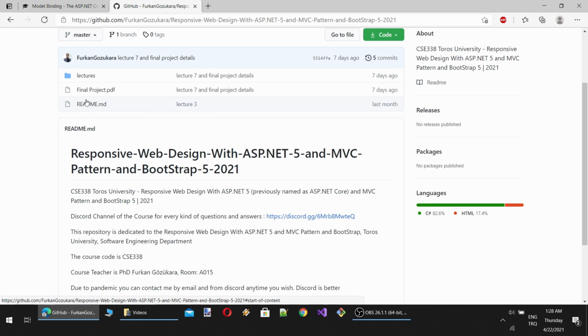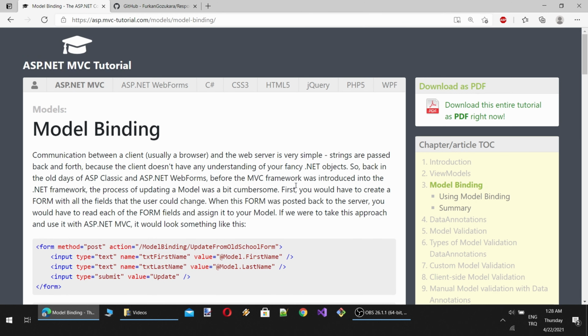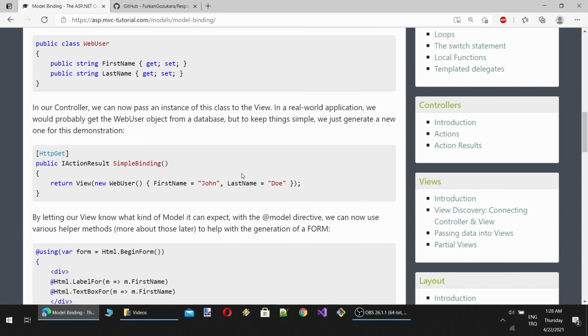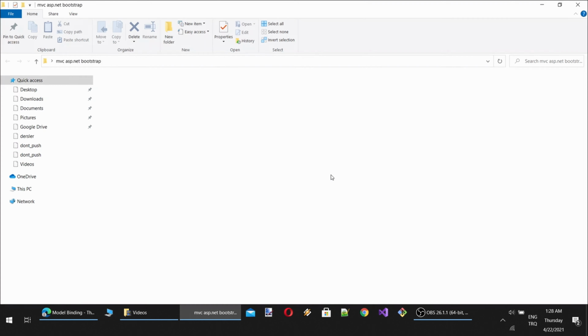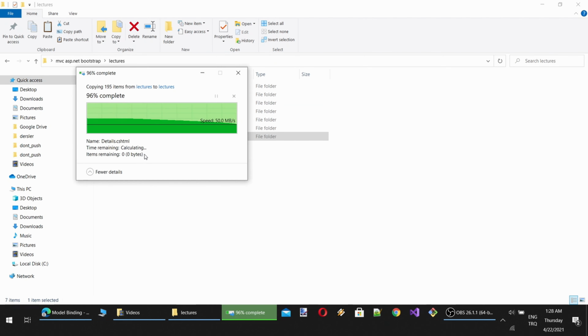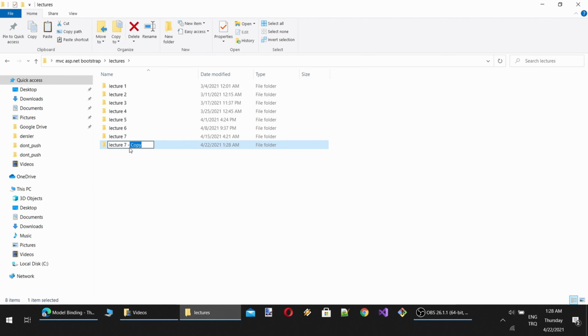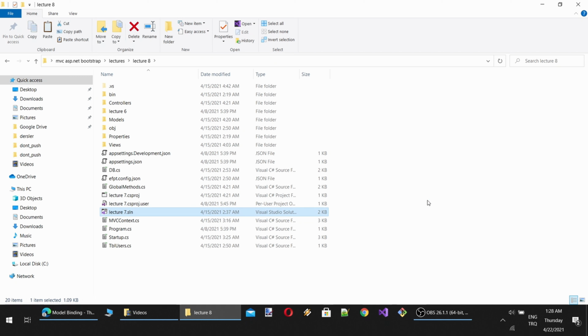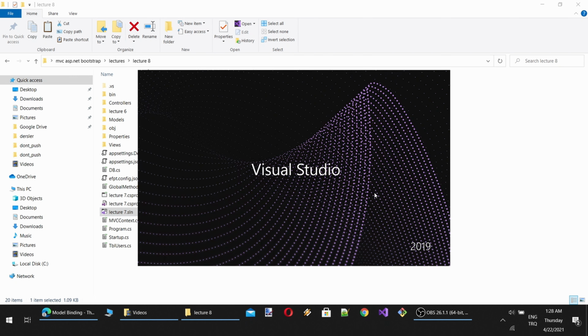So today we will continue from where we left off in the previous lecture. In lecture 7 we saw model binding at the end. So let's start with cloning our latest project as usual, so that you can access each of them individually from GitHub. You could also do that with GitHub versioning branching, but it may be harder for those who are not accustomed to GitHub repository management. Therefore, I am cloning the project each time.